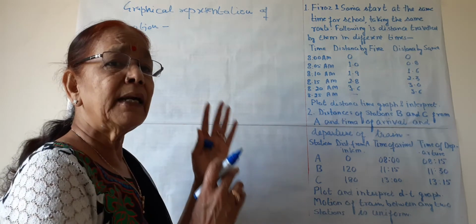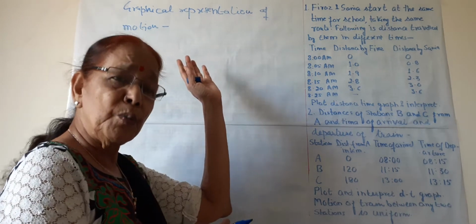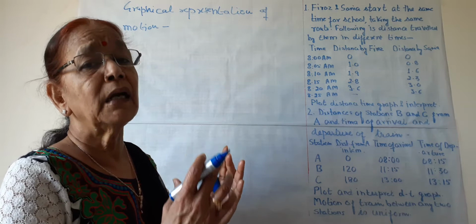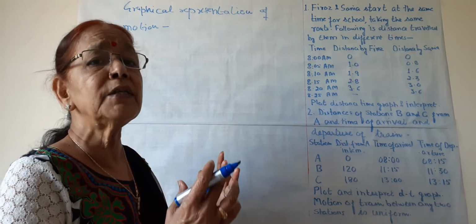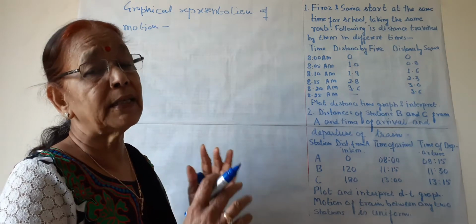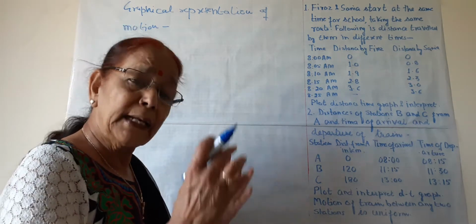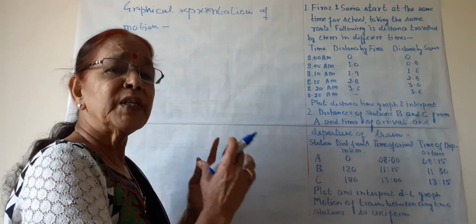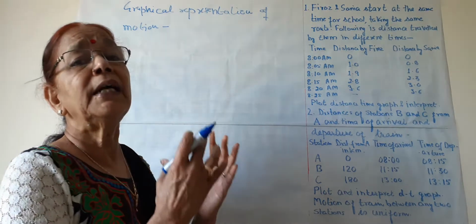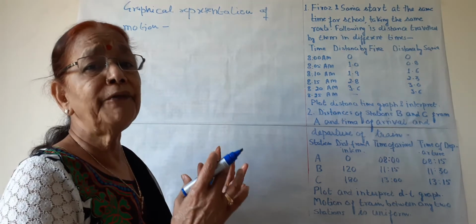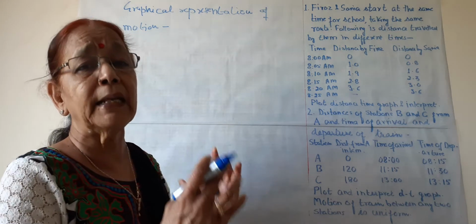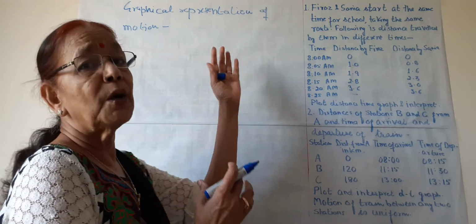And if we study the graph for motion, then it is easier to understand the different quantities and it is more easy to interpret different quantities, and we can also interrelate these physical quantities as distance, velocity, etc. with time. So graph is a convenient method to understand or analyze or interpret the motion.